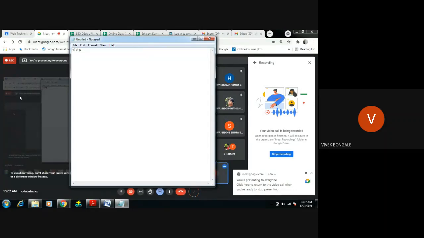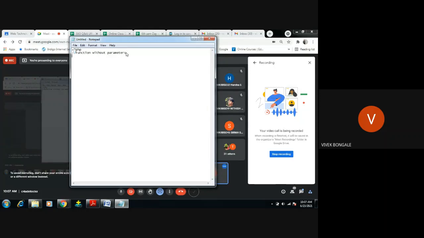Here I will use a PHP comment and write: function without parameters. This statement will not execute when we run this program, because we have given a single line comment here.